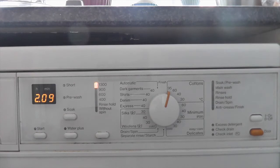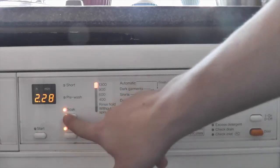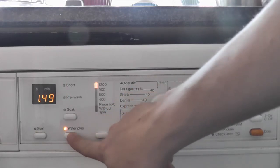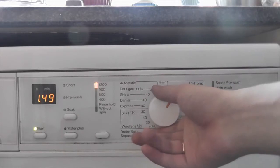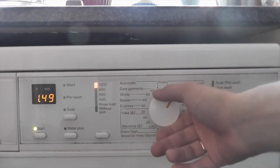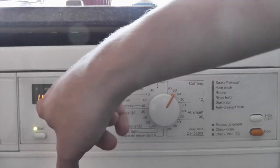Okay, that's Cotton's 95. Cotton 60, same as all the Cotton cycles are the same, unless of course you want to change, but they only have a difference of time. Now this is what I find quite amusing. The Cotton 60 cycle, the default time is 1 hour and 49,